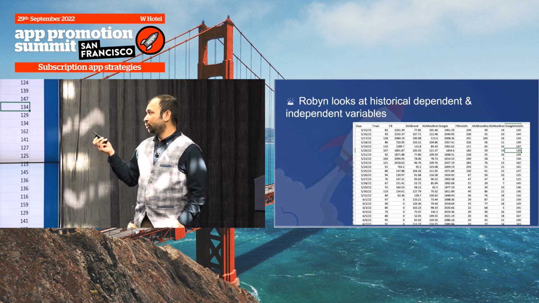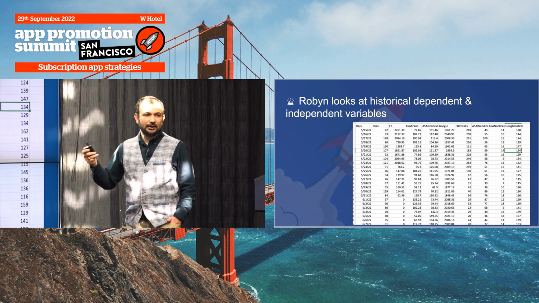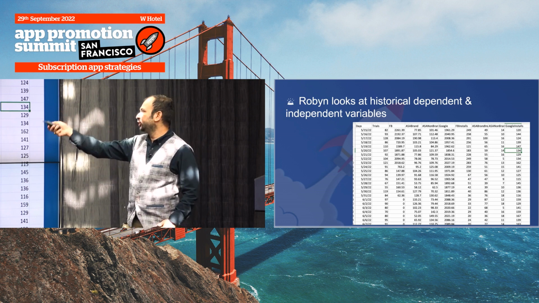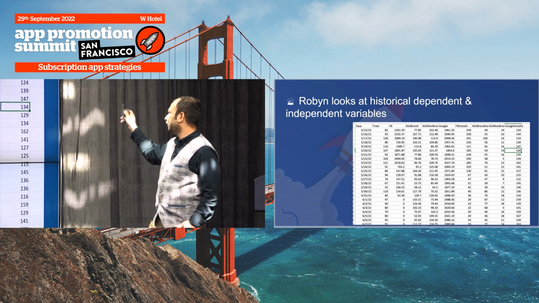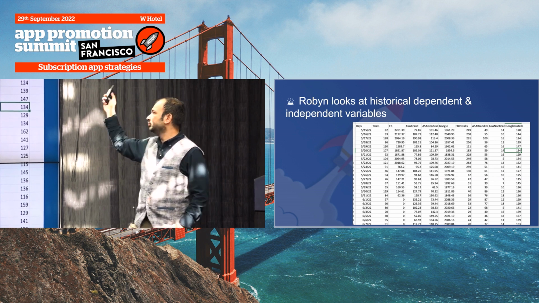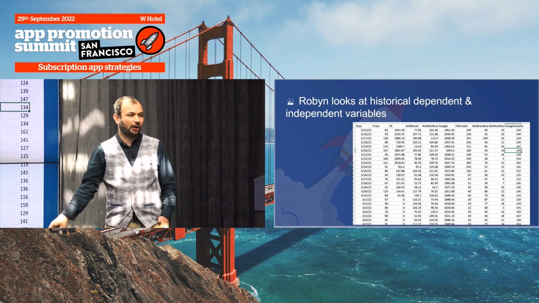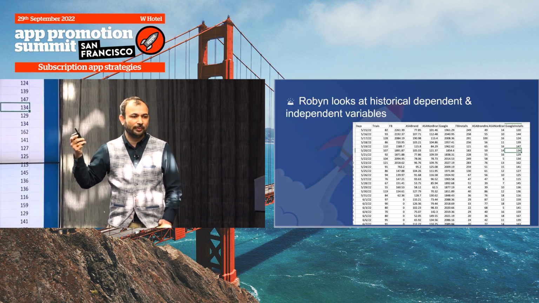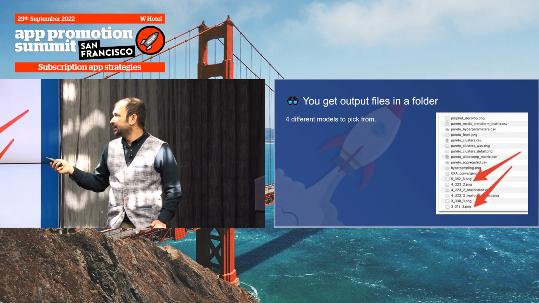For Robin, all you need is like a CSV. The code you run picks up your raw data from your CSV. You say, hey, here are your trials. Here's your spends across all of your platforms. Here are your installs across all of your platforms. Everything to the right are your input variables. The trials are your outputs. Of course, if you feel revenue or purchases are more meaningful, you can do that. But generally, like I said, trials happen first 24 hours, use trials.